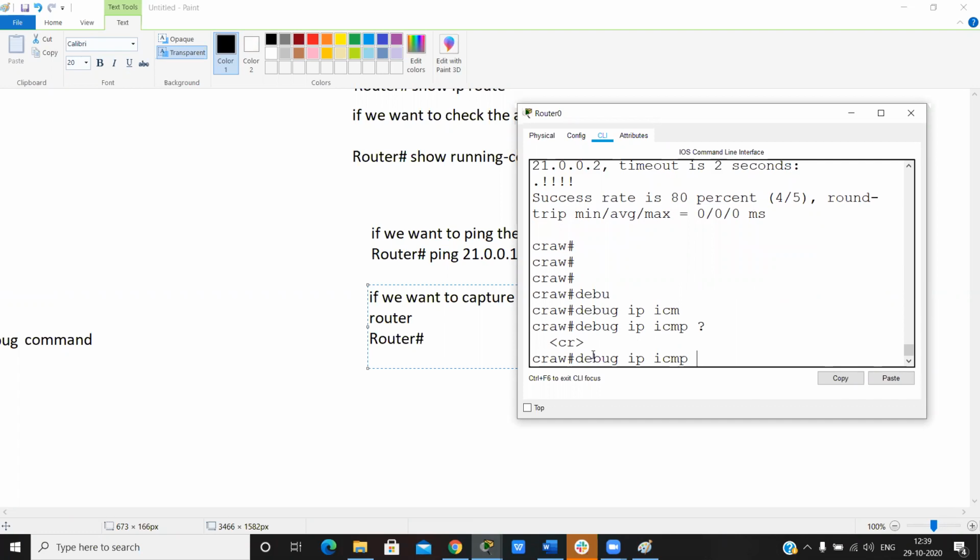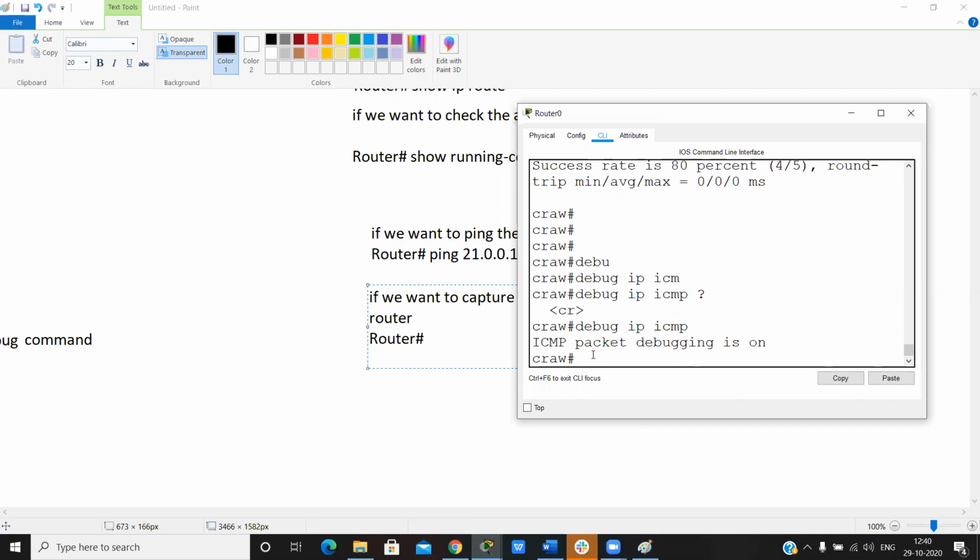It means if anyone pings my router, then it generates a log message for me. I can run this command, debug ip icmp.